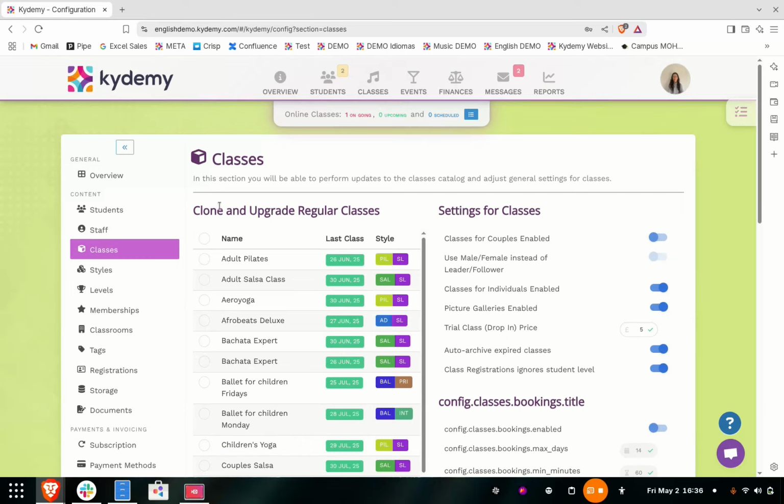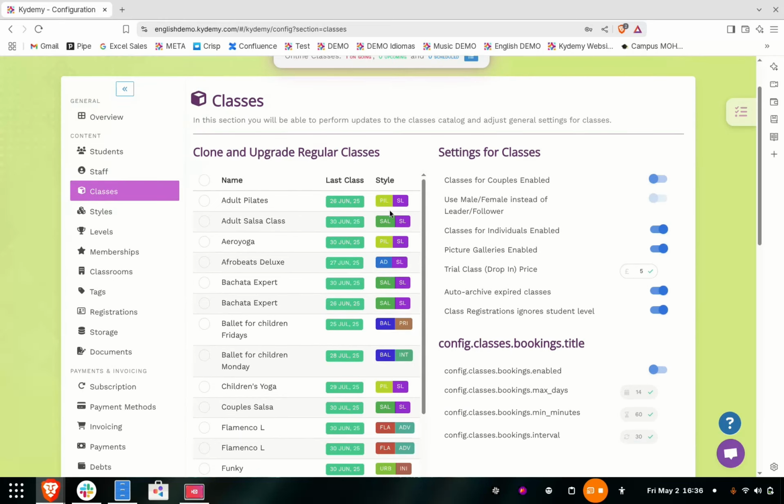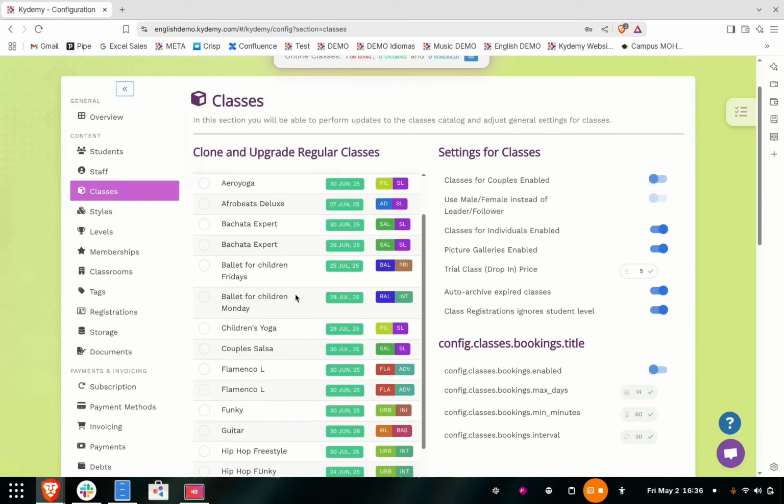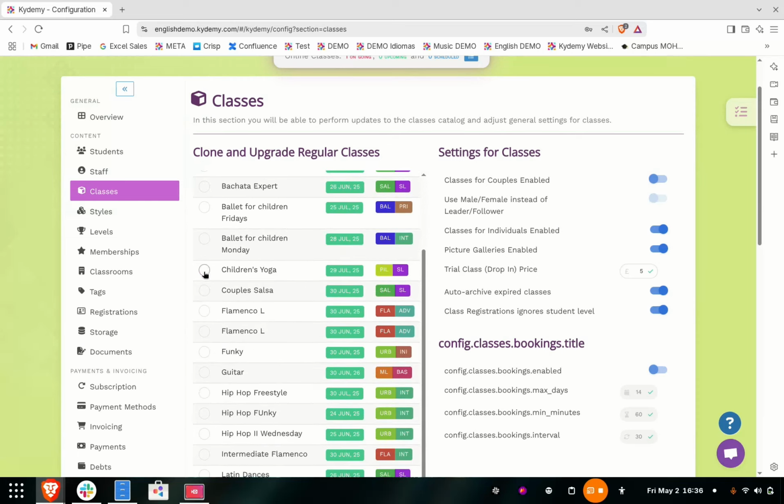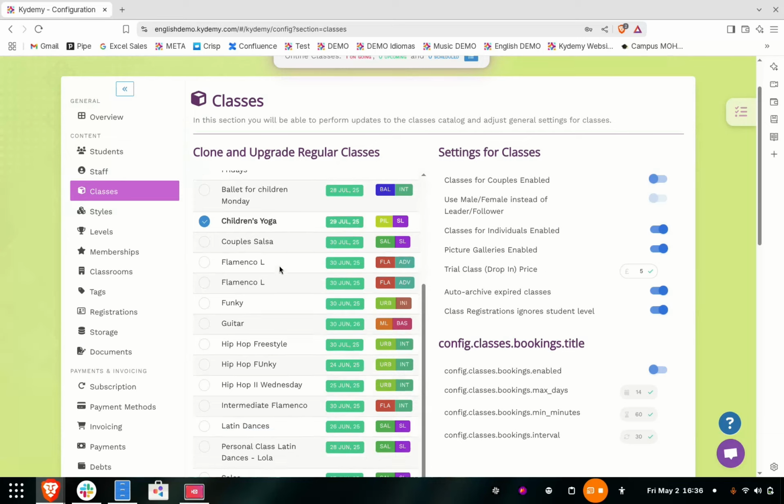On the section Clone and Upgrade Regular Classes, we need to choose the class we want to clone and archive, or the classes. You can choose more than one. In this case, we said it will be Children's Yoga. We select the class, and it will appear in bold, so you know which one you've marked. Scroll down a bit,